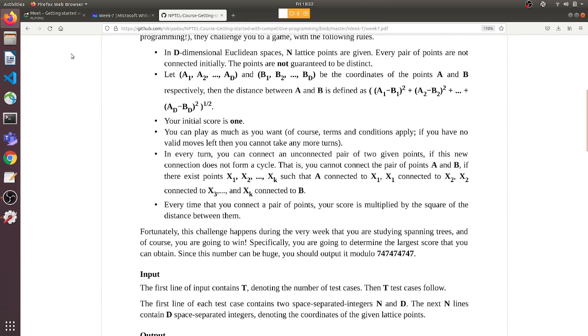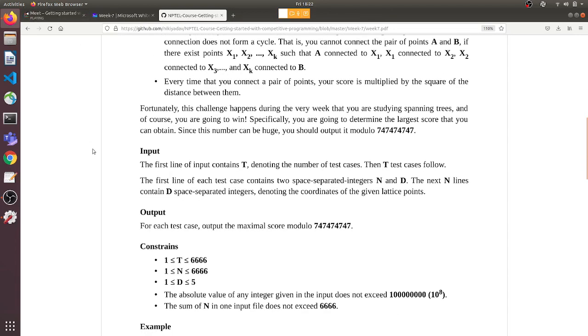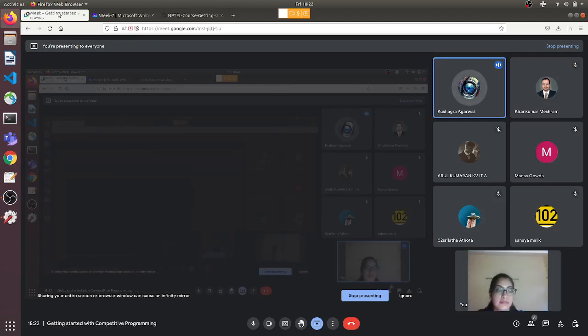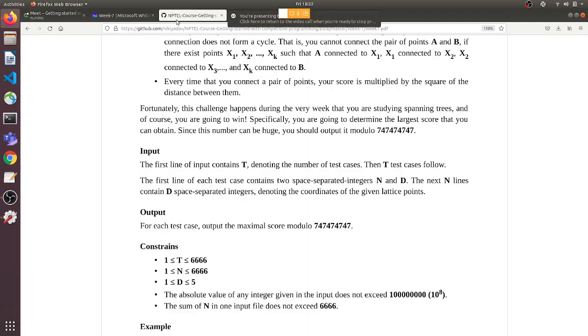Is it clear to everyone else? What will be the time complexity of this? I would assume it would be M and D, because for every edge we have to